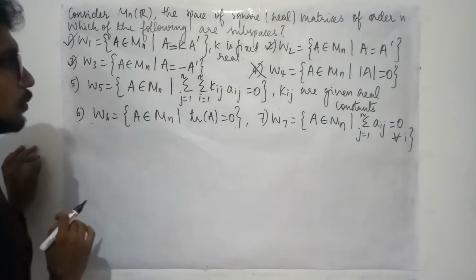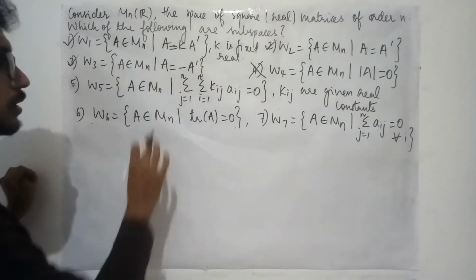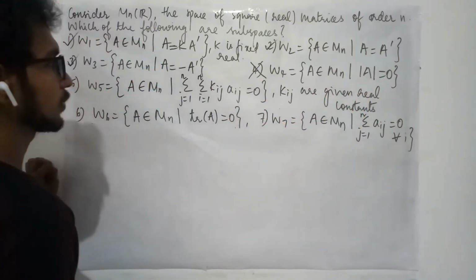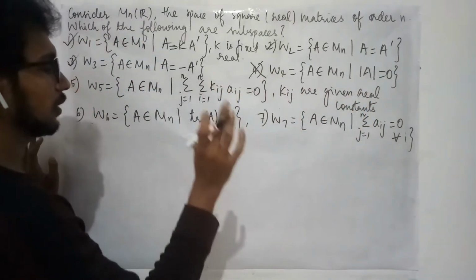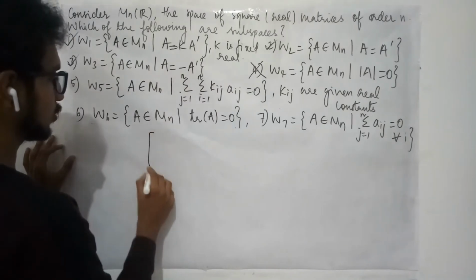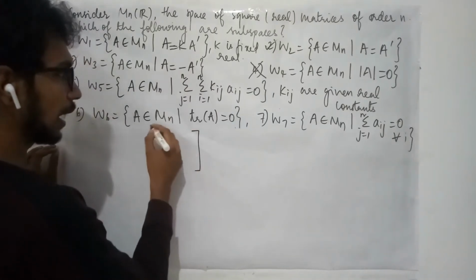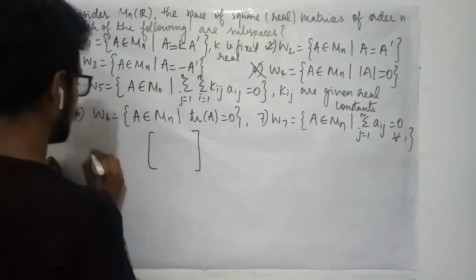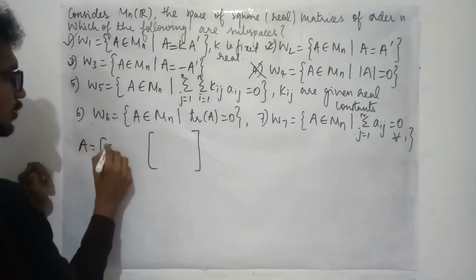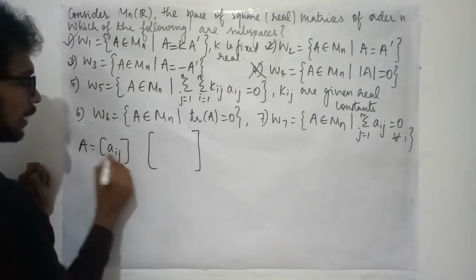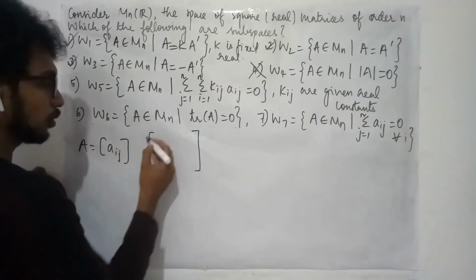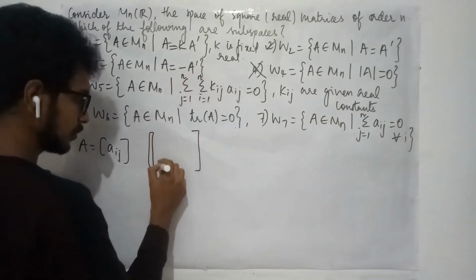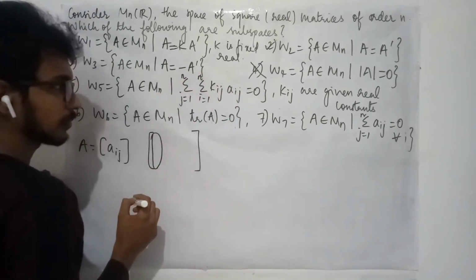Okay, now let us come to the fifth thing. You see here what they have, these are given real constants. Okay, Kij are some given real constants. If this is going to be the case, this i denotes what? So generally we write the elements of the matrix in this form, right? So this i denotes the row. So we are changing the row from 1 to n, which means the column entries, right?